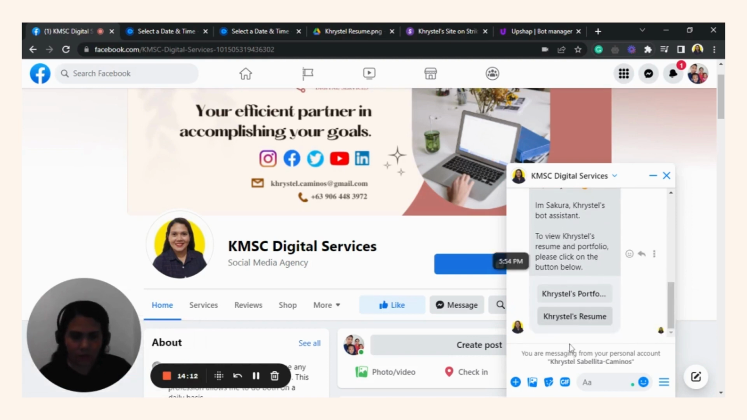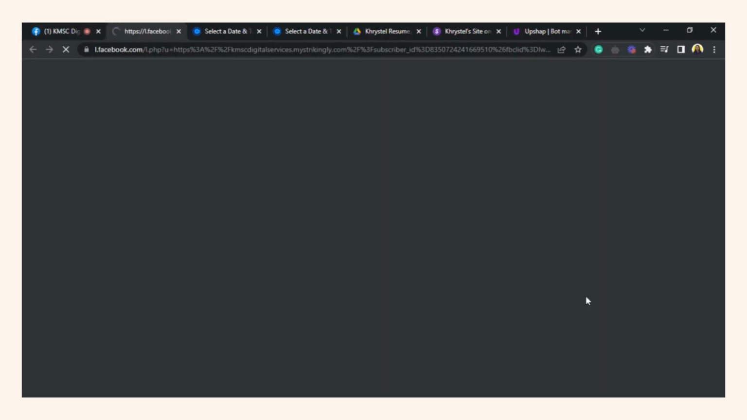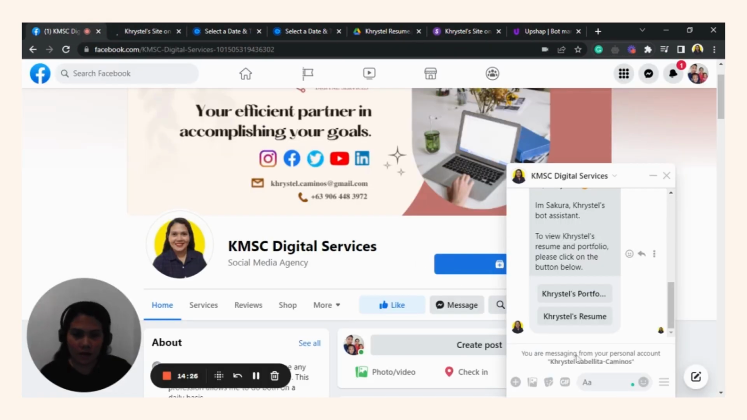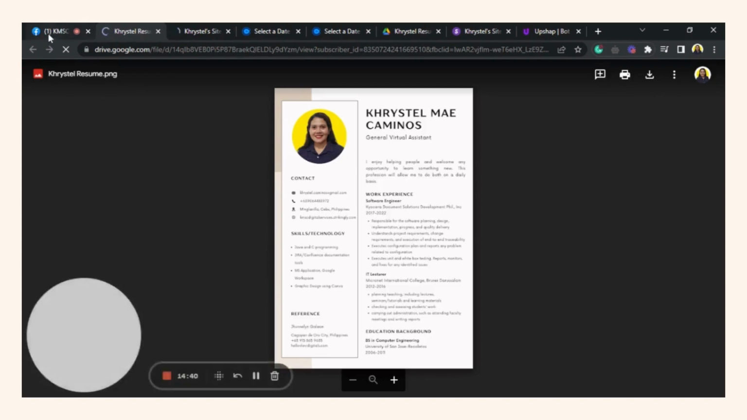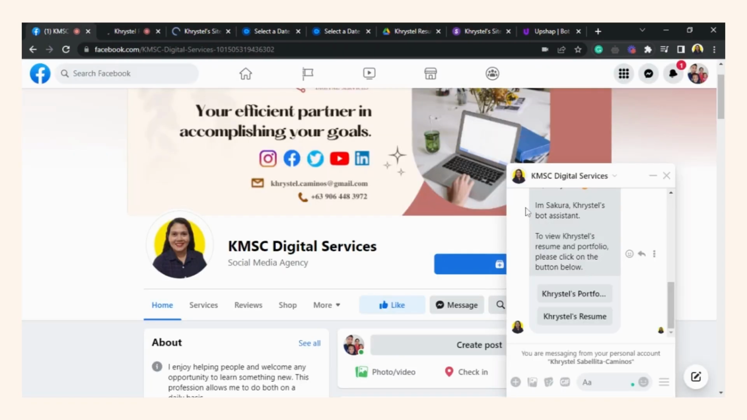So under portfolio and resume, we have the option again to check the portfolio and resume. So if we click on portfolio, we will be redirected to strikingly page. And then if we check on resume, we will be redirected to the Google Drive file of Crystal Resume. So we're done with the